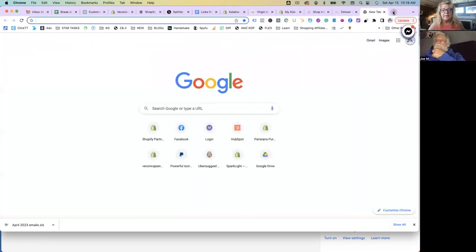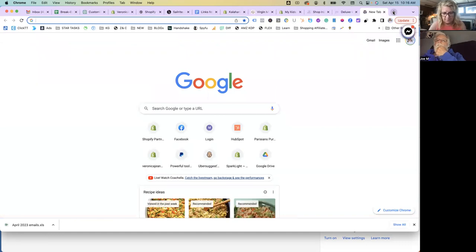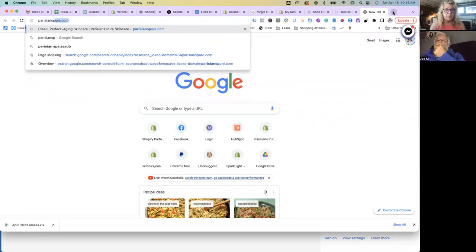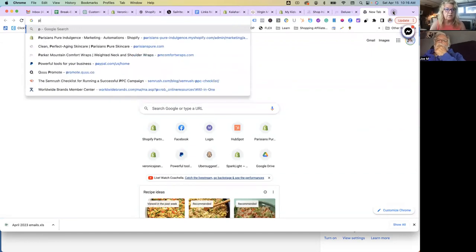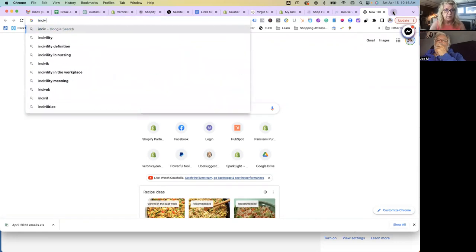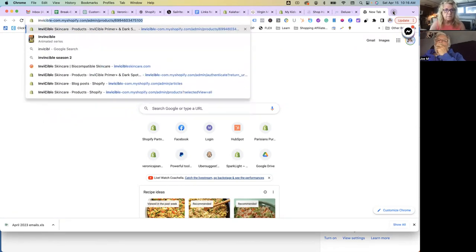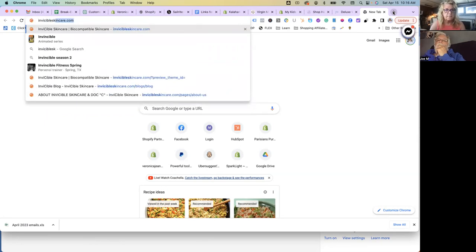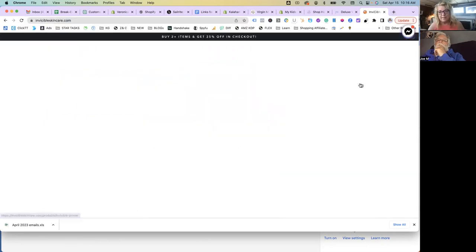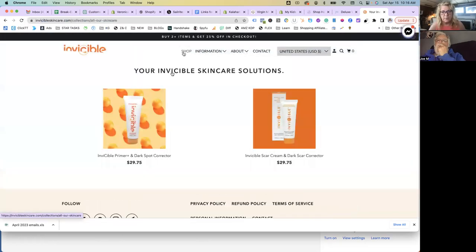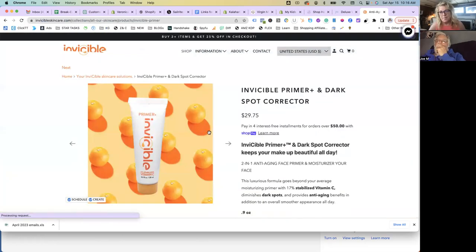But again, let me see here, Parisians Pure. What we've done with Parisians Pure, no, I don't know what she's doing. Let me show you something. Invisible skincare. So what I've done with these is, and again, just a few products, there are not a lot of products in this store, is I've, again,